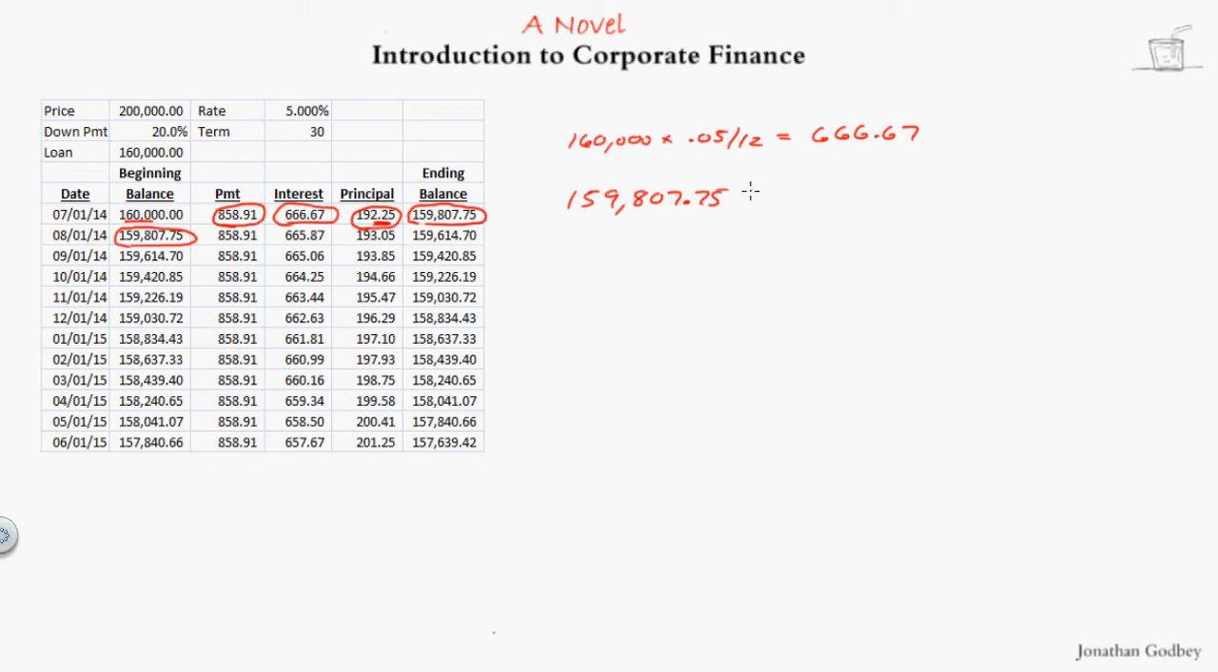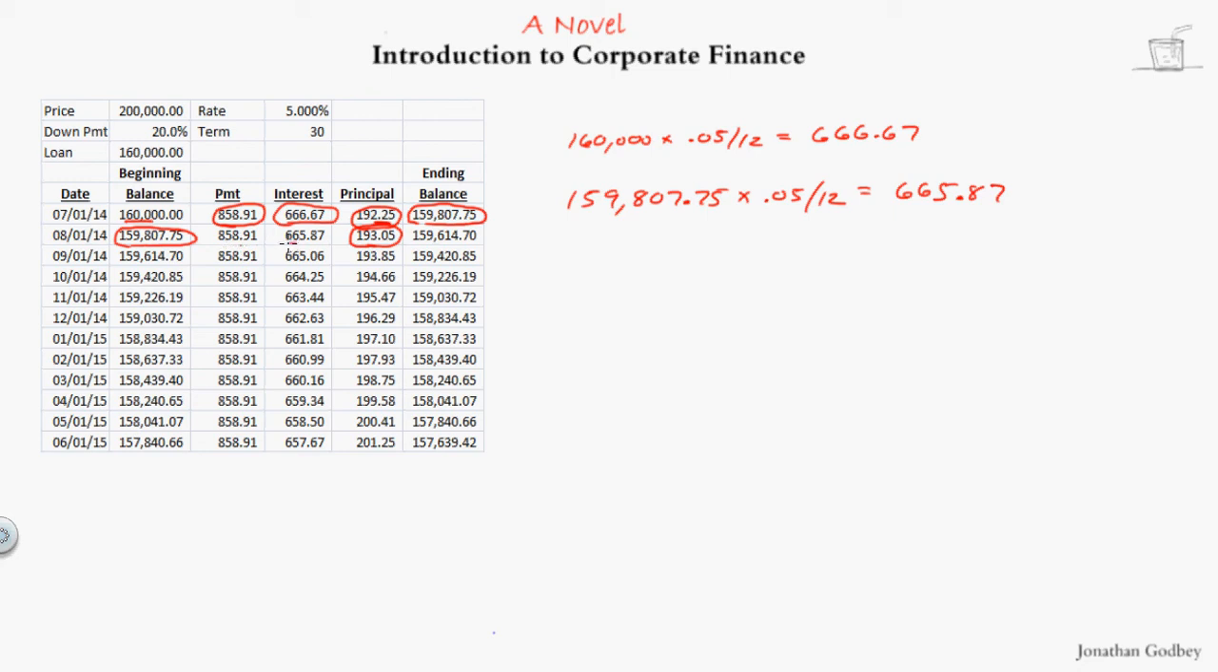And now my new interest payment is 0.05 divided by 12 times what I owe at this point, and that's going to be $665.87. So you see what's happening. The interest that I owe every time goes down a little bit, and the principal that I pay goes up a little bit. So now